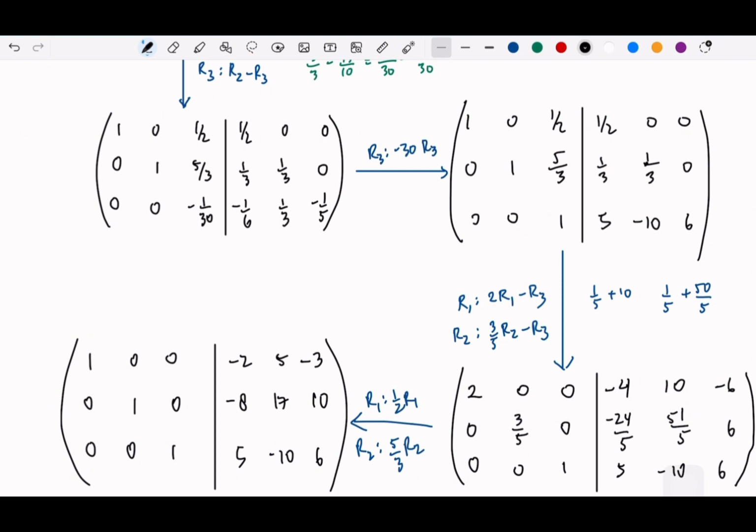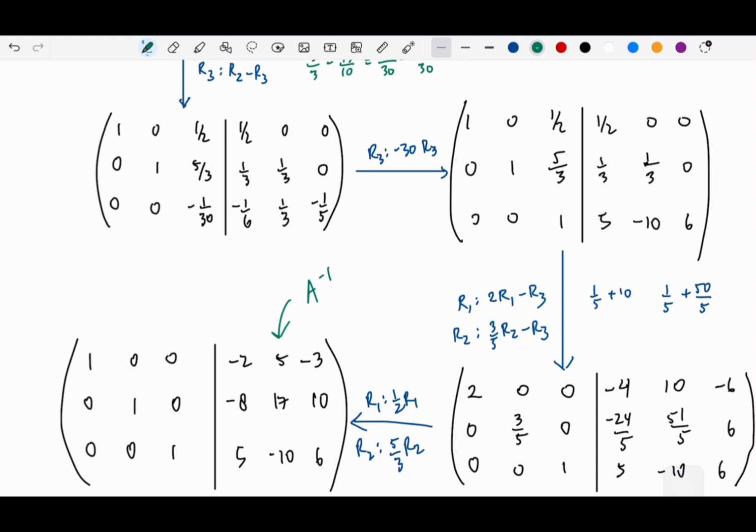Finally, this is the inverse of A. Okay. After a lot of process, we finally get it. So I think